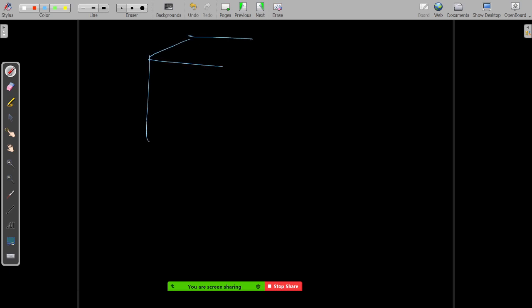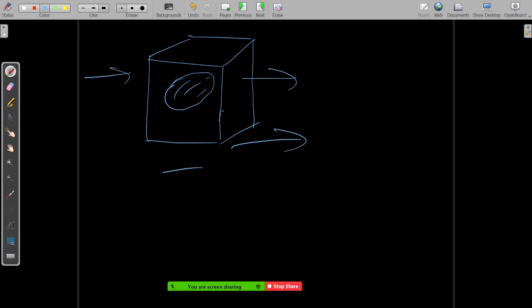Let's say this is a conductor and you have placed this conductor inside an electric field, and let's say you want to get the flux out of some surface. So let's say this is a closed surface and this conductor is kept inside an electric field. When you are trying to find the total flux inside the surface S, that is a closed surface,